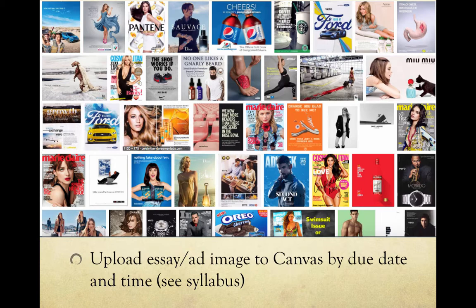Look for something that appeals to you. It might be something you really like. It might be something you really hate. But pick something that you want to talk about. You want to kind of chew on a little bit and analyze. That's the fun part. And then, as I list in the instructions, so you don't have to write all this down,